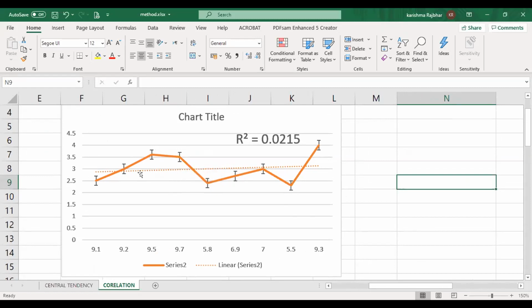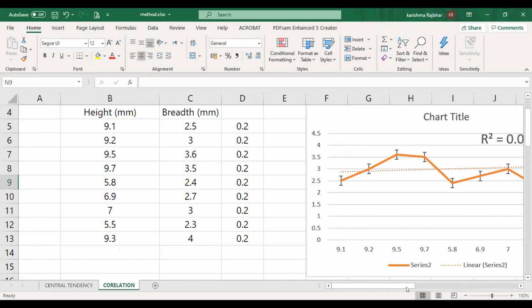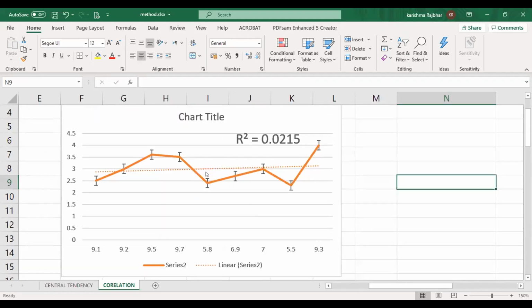Yes, ma'am. Okay, so this is the error bar you get for your given value. The above is a plus and the lower is a minus. I have just entered a random value of 0.2, so that's why it's showing me the error bar. So the lesser the error bar, the more the dependability of the data, and it is a more acceptable method for the test. That is an important thing.